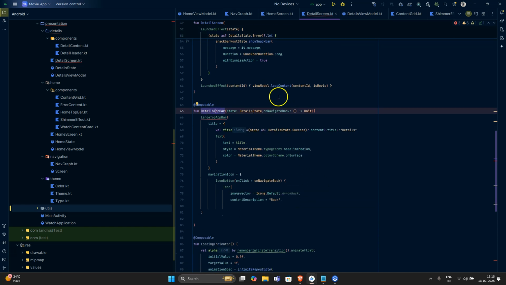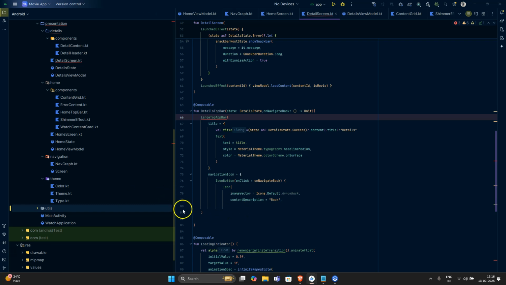Like when the detail screen opens, we want to have a detail top bar over there, which brings the user back to where he was, like in the home screen from the detail screen. Then the next thing we can have is some sort of color, and we can then modify it with the help of modifier. In modifier, we will simply provide it a little bit of padding, that's it. So after this thing,